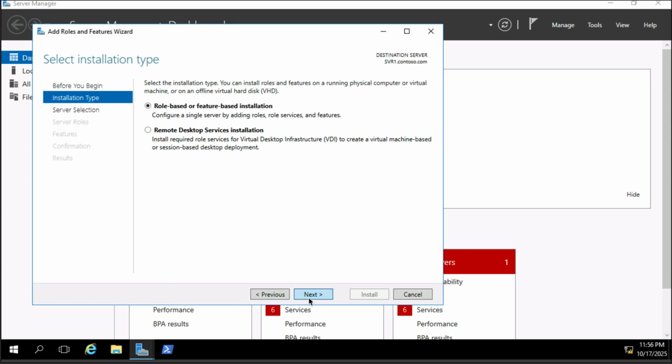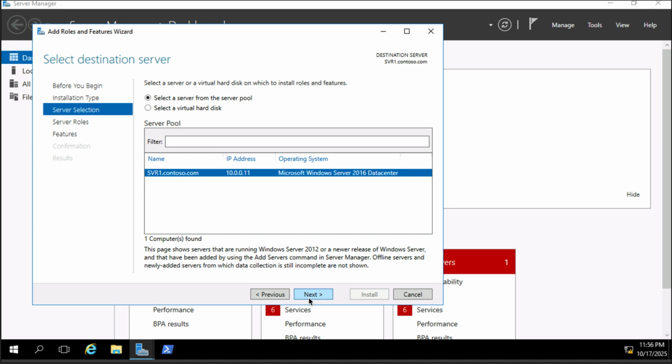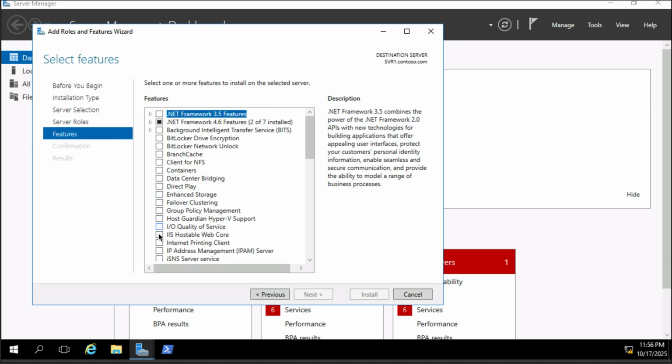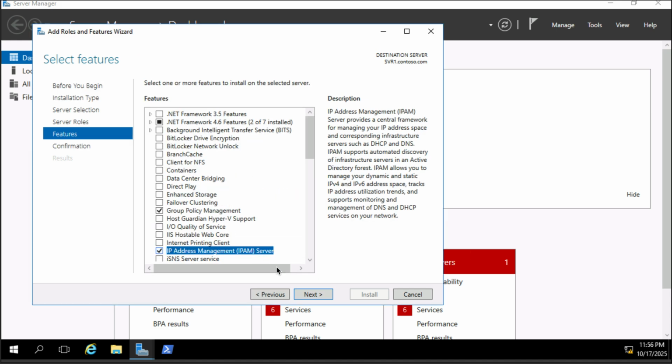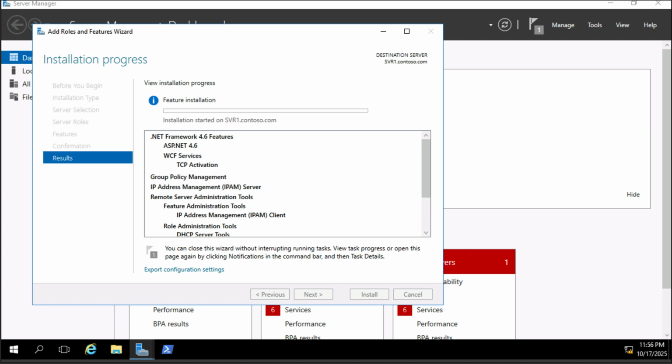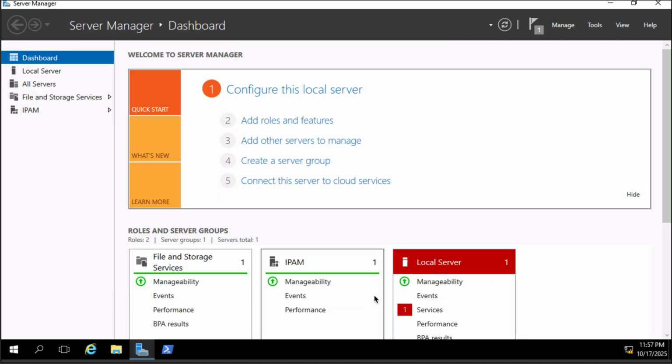Role-based, feature-based. This server, not a role, but a feature. Here, IP address management. Let's go. All right, and it's done. Cool. So then if we go over here to IPAM,